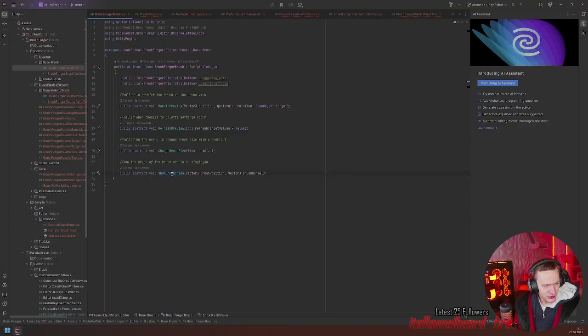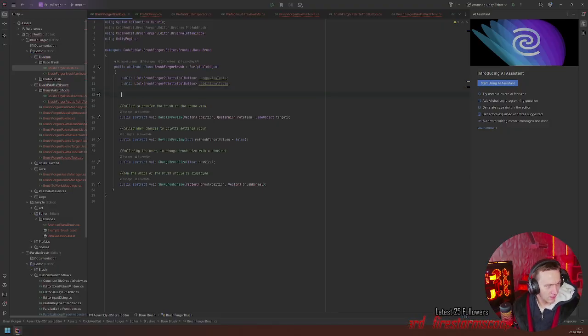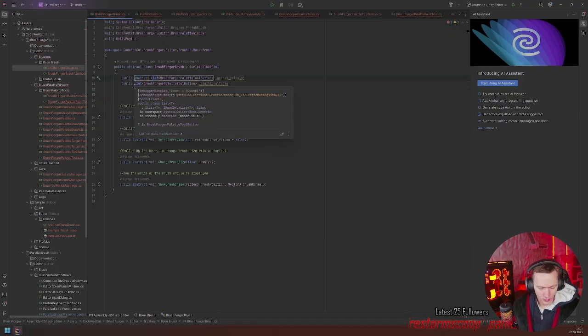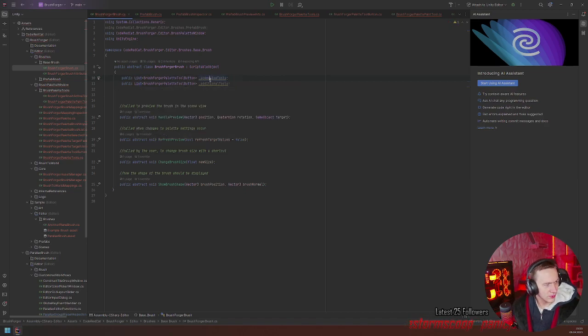Show brush shape. Ah, okay. This is for the scene view. Handle preview, and we'll have to look into how to define those.